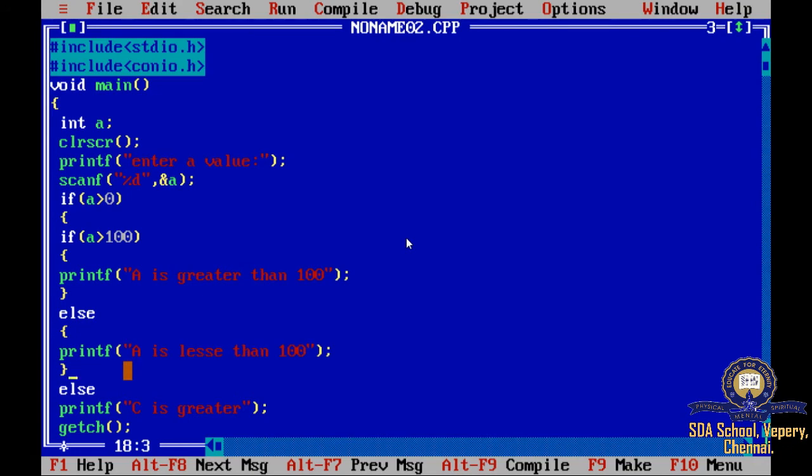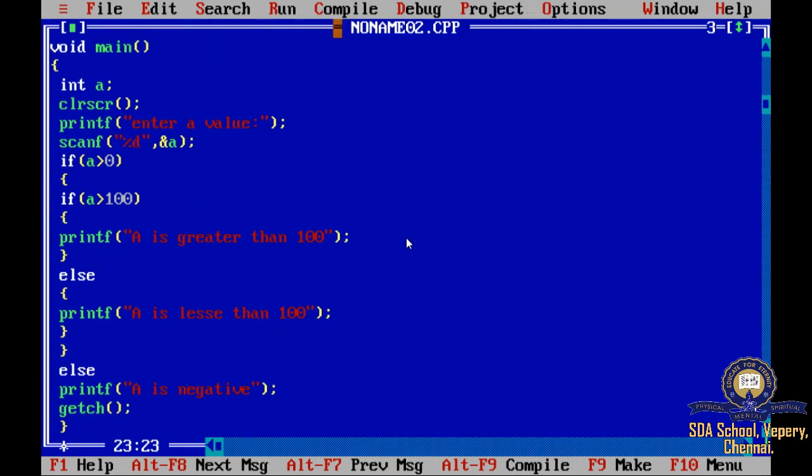If both the conditions are satisfied, it will be printing this, or else it has to print A is negative. So you have to print A is negative. Okay. So you have to print this.